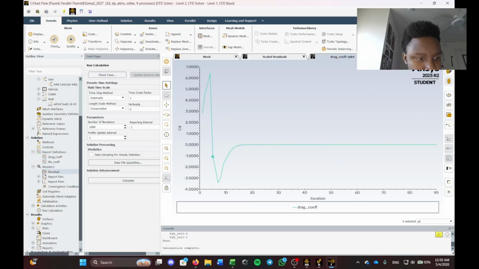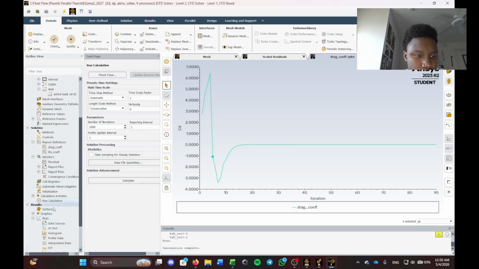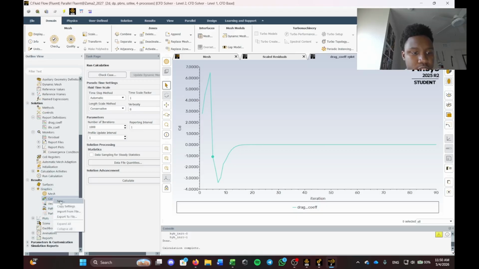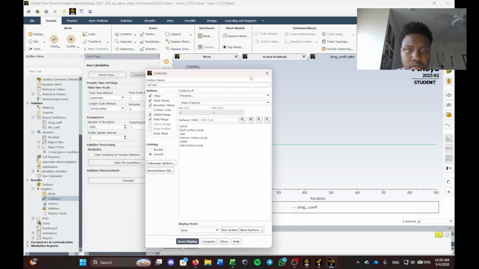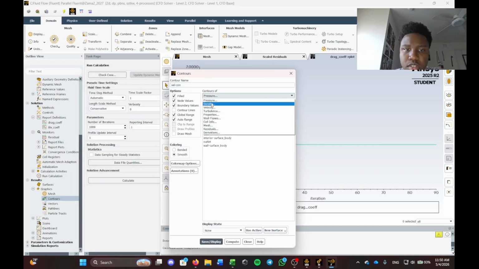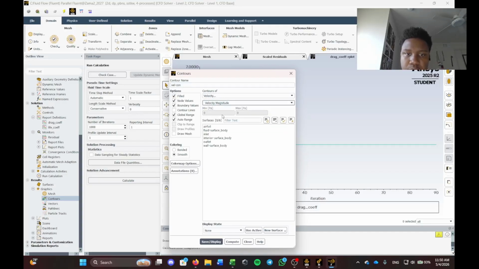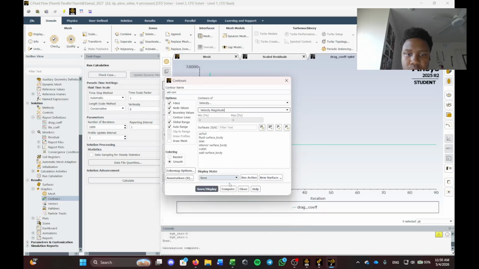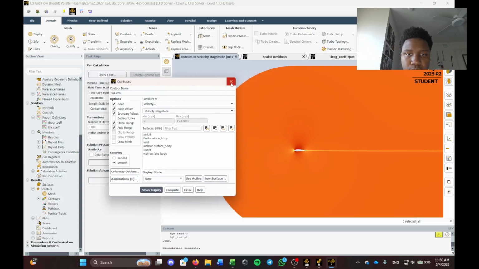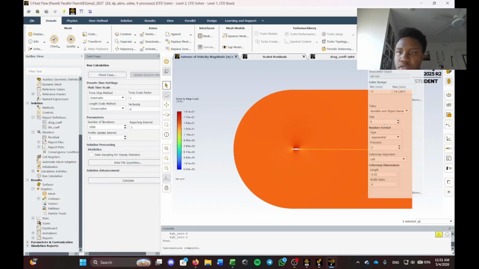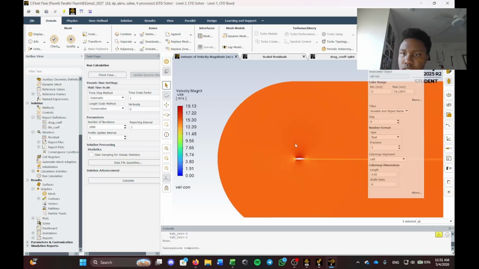Alrighty, so first things first, you want to see that velocity and pressure plot. So graphics, contours, new, right here, velocity, not density, velocity, and I'm gonna leave that as velocity magnitude. I'm gonna compute that, save and display. Boom. There we go. Change this over here to a nice float value, and then if we just zoom in on that there,